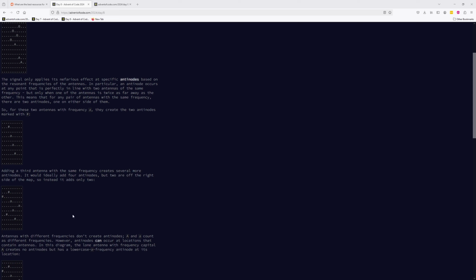And the question is, taking into account that you can have an antinode exactly where there's already an antenna of any frequency, how many individual unique squares are there in your little game world that have antinodes? And so, like in this case,